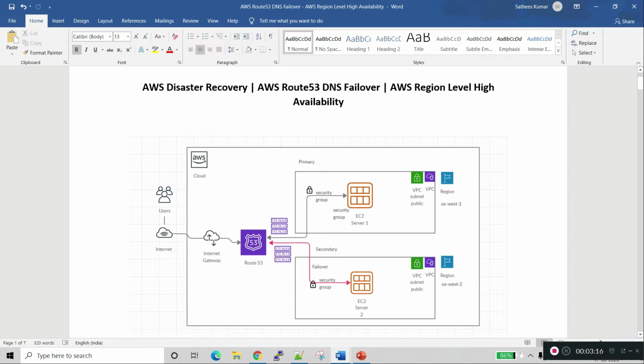And for example, if you are using a 3-tier architecture, web tier, app tier and data tier, in the data tier we should replicate the data between both regions. So that's in a larger picture. So in today's lab we will use the default VPC, the default subnet, and the default internet gateway. Because of the time constraint, I am not creating a new VPC and internet gateway, so I am using the existing one. So let's go to the lab.